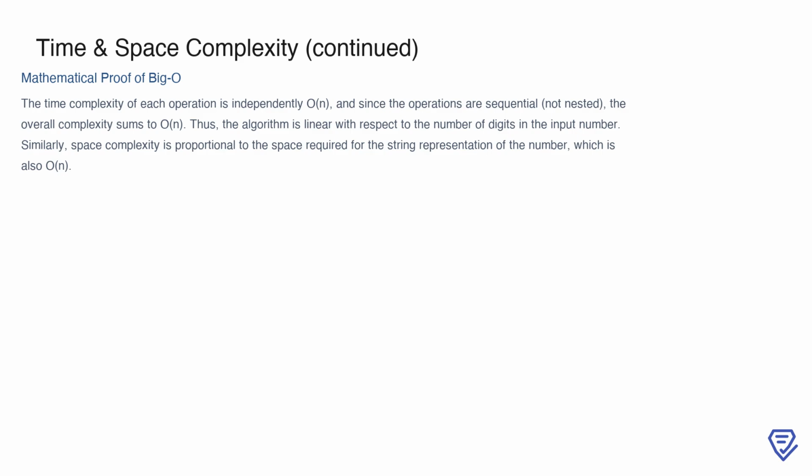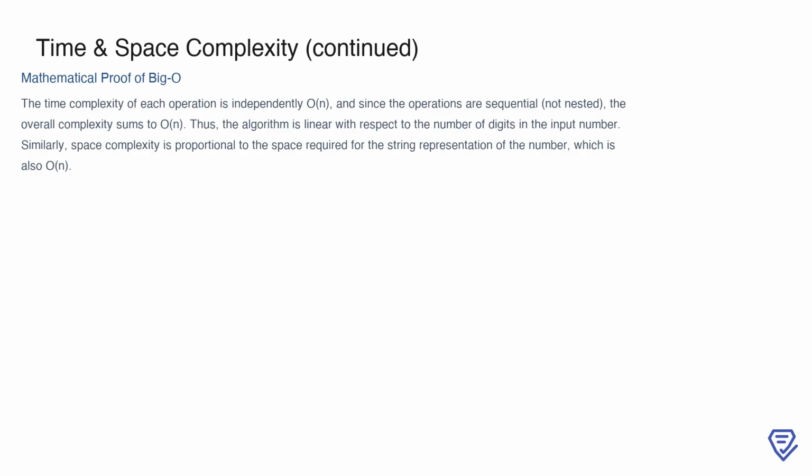Each operation in the solution, such as string conversion, looping through the digits, and performing replacements, is independently O(n). Since these operations are executed sequentially rather than nested, their complexities add up instead of multiplying. As a result, the overall time complexity remains O(n), making the algorithm linear in relation to the number of digits